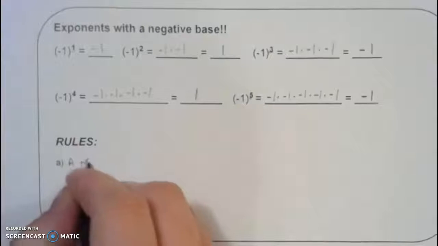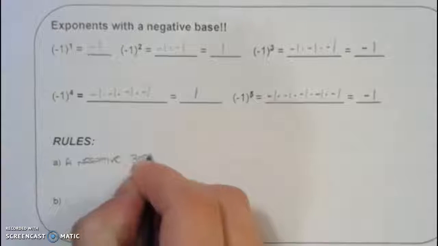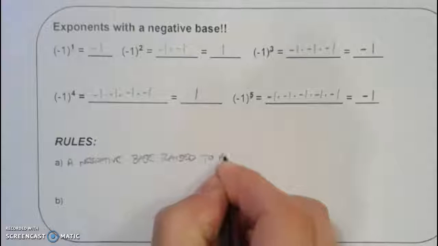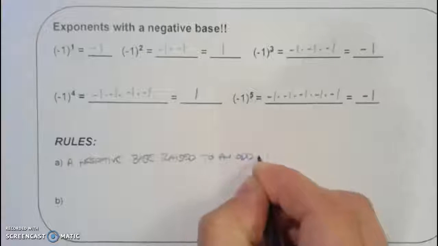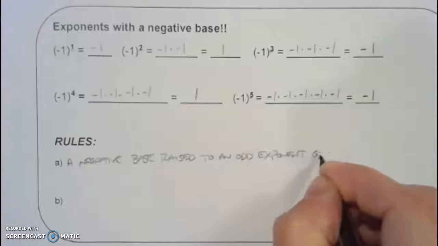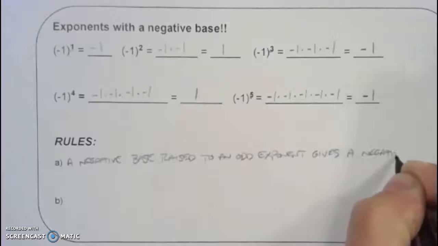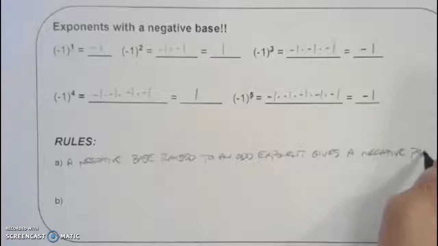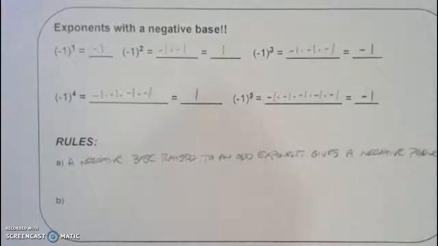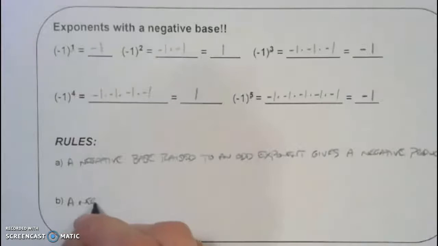A negative base raised to an odd exponent gives a negative product. If your base is negative and your exponent is odd, you know your answer is going to be a negative number. All right, but a negative base